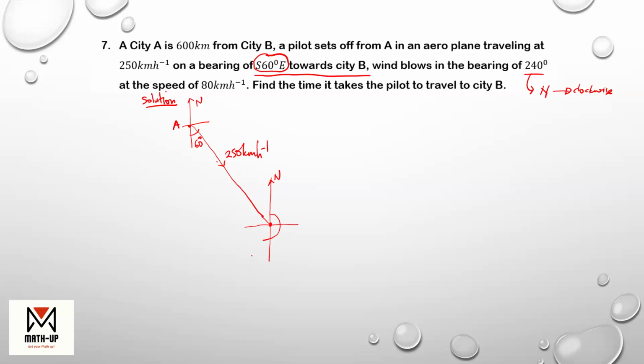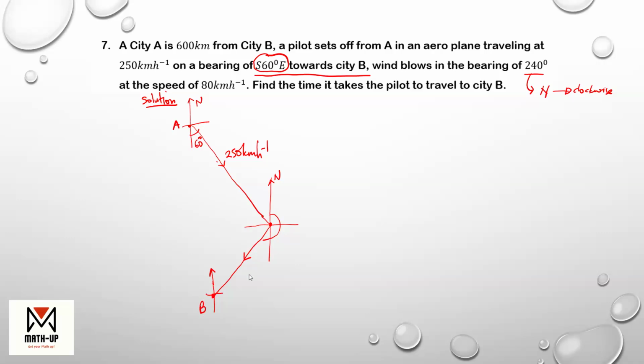240 degrees, and that is clockwise. So I measure 240 degrees clockwise and I draw that. So yes, the wind is affecting him, but he has to reach point B, and let this be our city B. So I have city A, city B, wind is blowing in this direction at a speed or at a